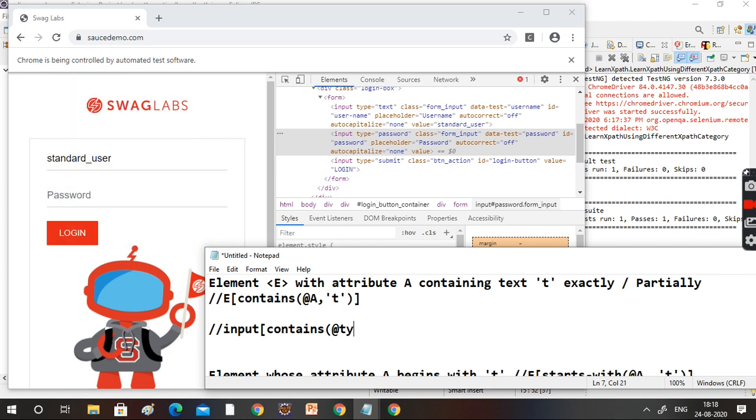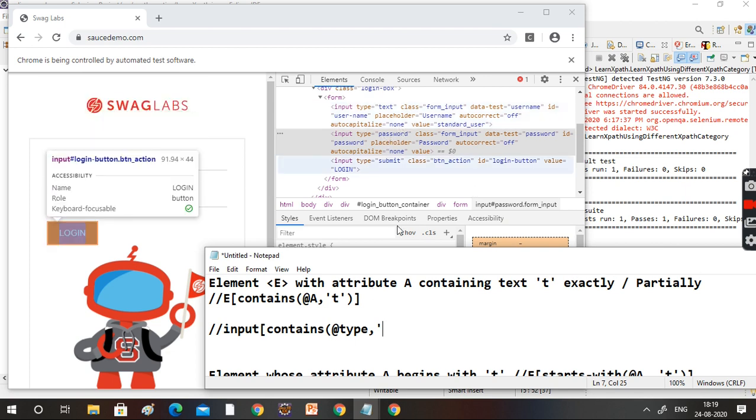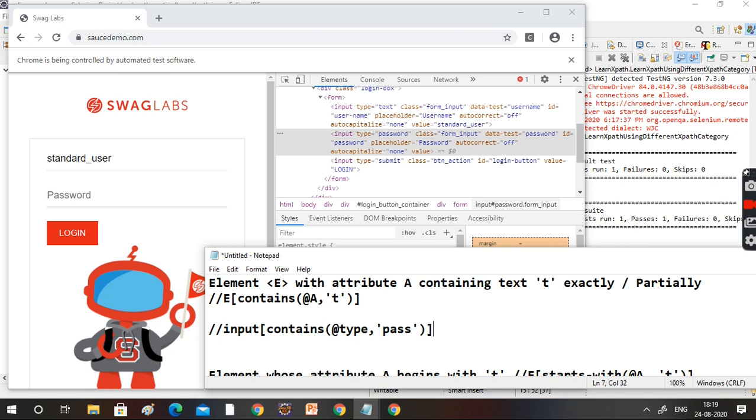So type, comma, single quote. What is the value? Element E means input with attribute type containing text T, exactly or partially. Can we put partially instead of full? Partially can be put. Okay, now we'll take this.